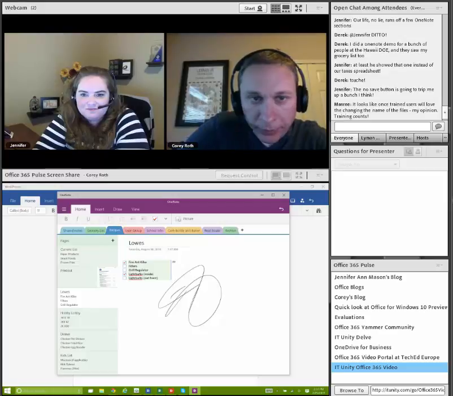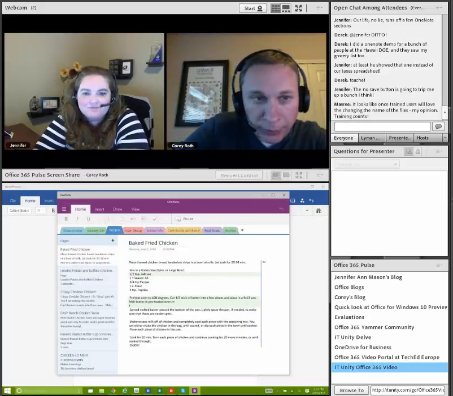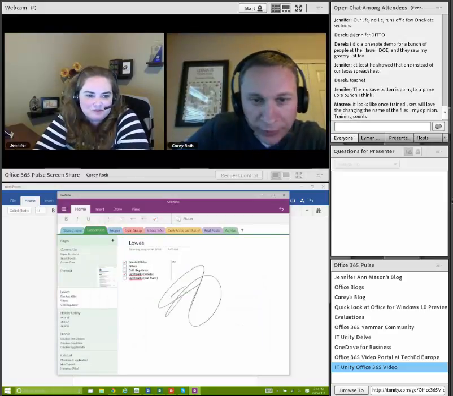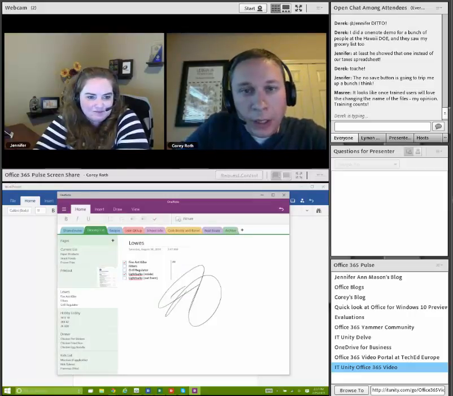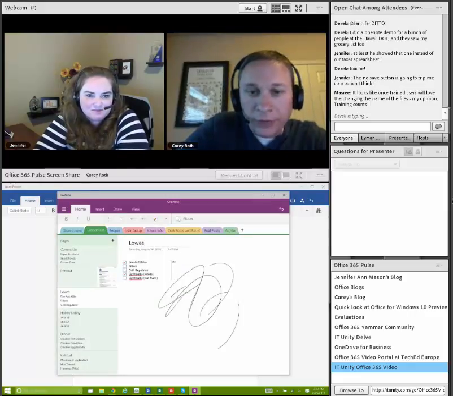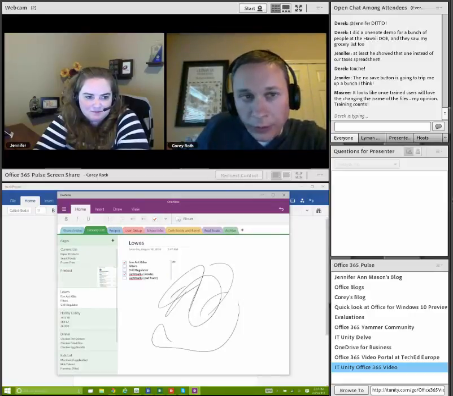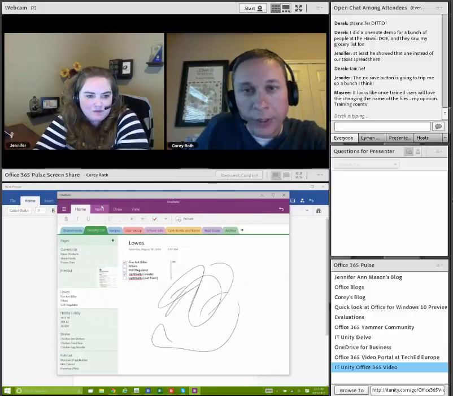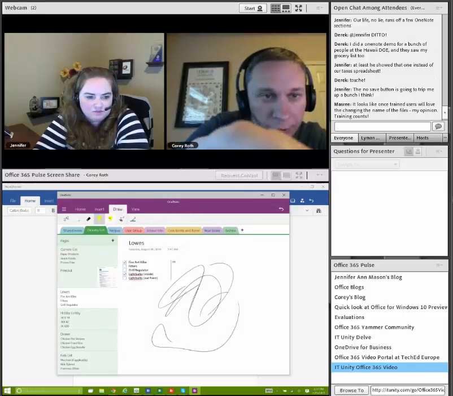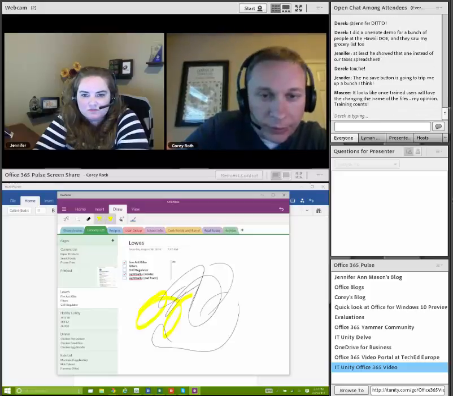We can tap over between, there's some recipes that Jennifer was working on and things like that. But it still has all the nice pen effects that we had before, and of course you'll see this new menu as well that was introduced, which has the same look as the other Windows 10 apps. Of course, we can control how we want to draw, so if we want to change our cursor or something like that, now we have a bigger yellow highlight.